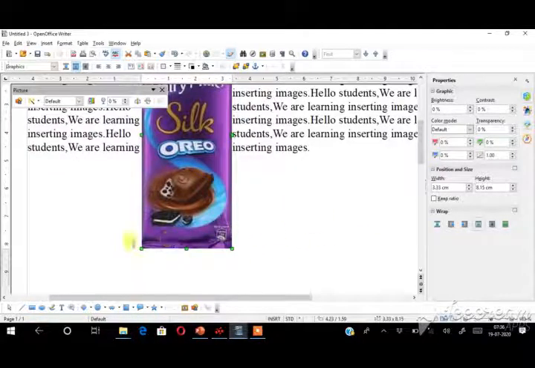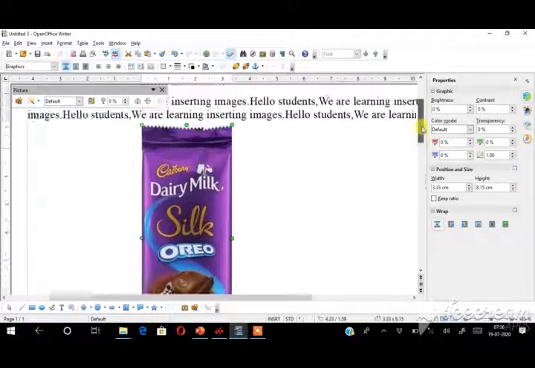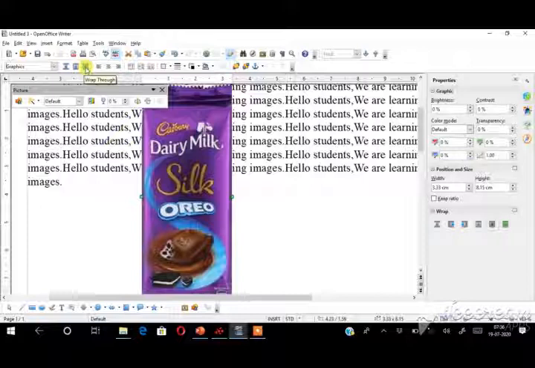And the next is, suppose you don't want this type of wrap element. If you want the previous style, you have to click wrap off again. So see, the text will appear at the top of the picture. And the next option is wrap through. See here, in this option the text will be displayed above the picture. See here, above the picture the text will be displayed.